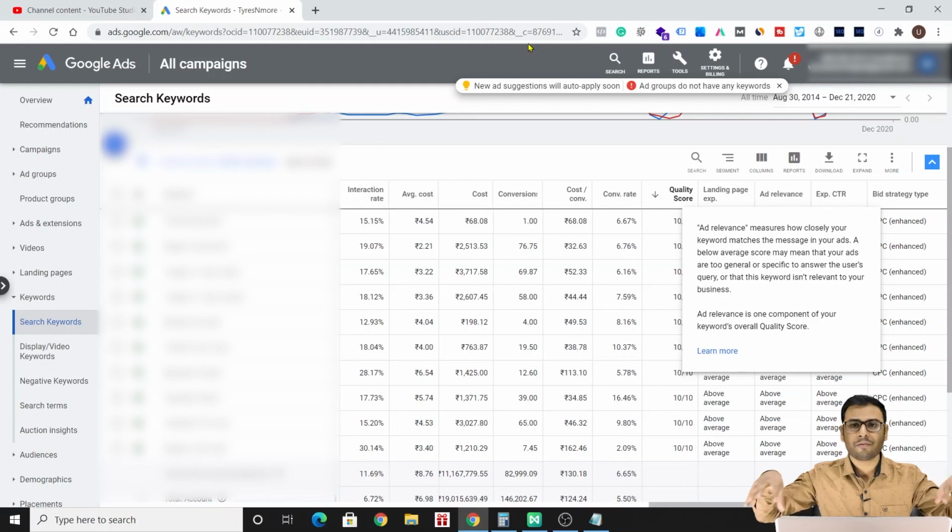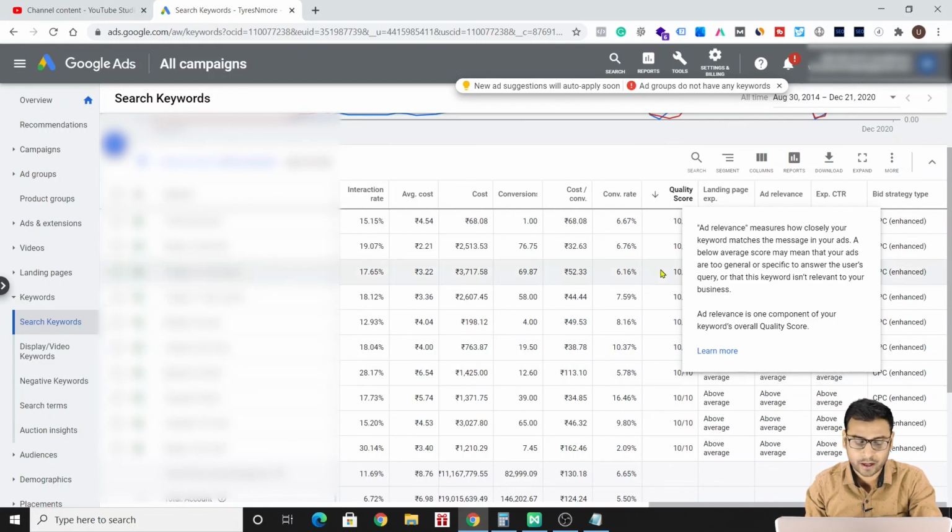So these are the small factors which decide what score you will get in your quality score metric, right? How much you will score in your quality score. So that's all about the quality score, and we have already discussed the theory in the previous video. Now it is the practical demonstration where we are going to see the quality score.